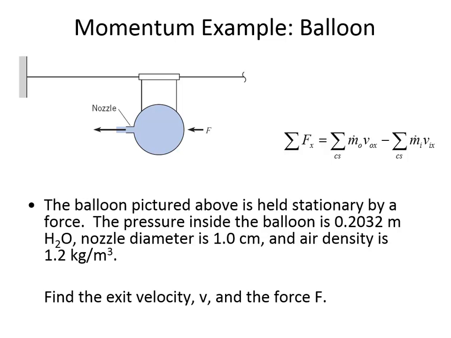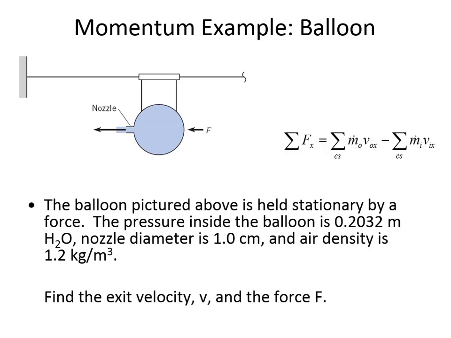Remember that it's critically important when we're doing these momentum problems to get the direction convention honored correctly. To the left is negative, down is negative. And it's also important to keep track of out minus in, as shown in the formula there. We're keeping track of the mass flow out minus the mass flow in. There's nothing going into our control volume. From the drawing you can tell that, but there is something coming out of the control volume. And so the generalized formula giving us the force required to hold the system steady will